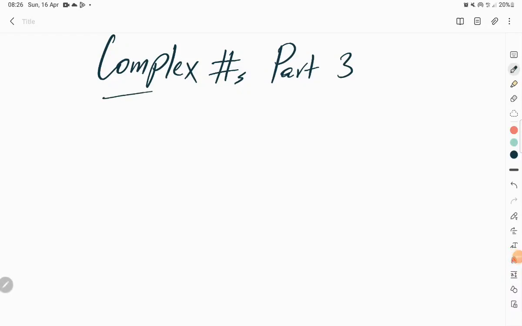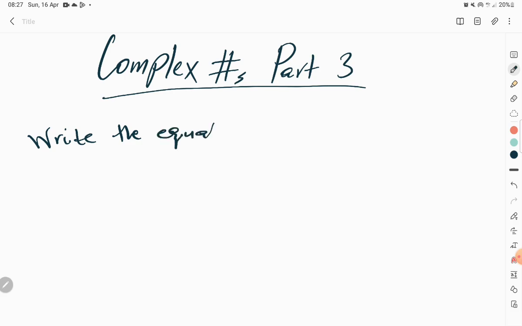Complex numbers part 3. Here you're going to learn some interesting things. We have solved the quadratic equations that have complex solutions in my previous video, but now I want us to have something of this kind. Let's say you are to find, or to write, the equation whose solutions, or whose roots, are